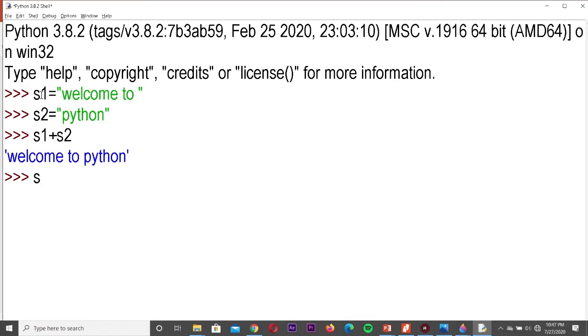Next one is plus equal to; we are going to append. The plus equal to operator is called the appending operator. Instead of s1, I am writing s2 plus equal to, and the value of s2 is Python. So I am adding another string or message to the present string. For that I am using plus equal to. So I am writing here "Python is a programming language".